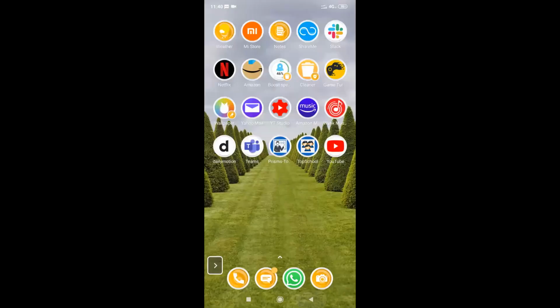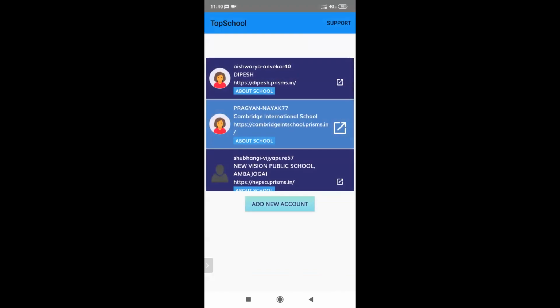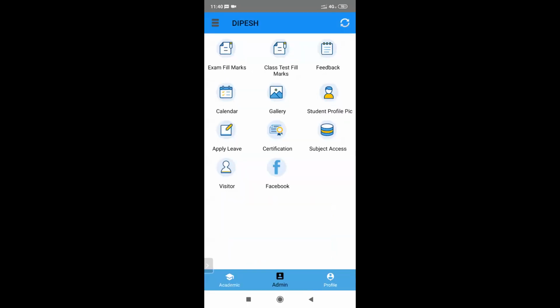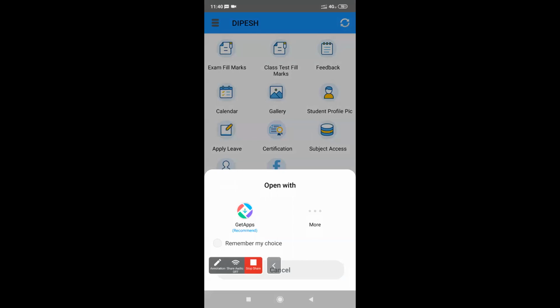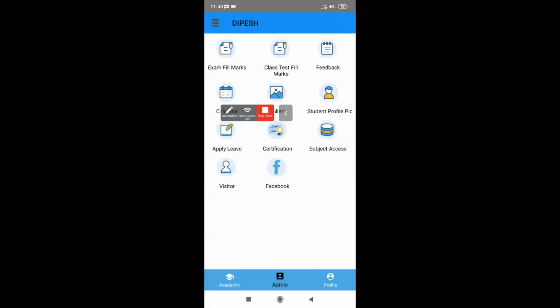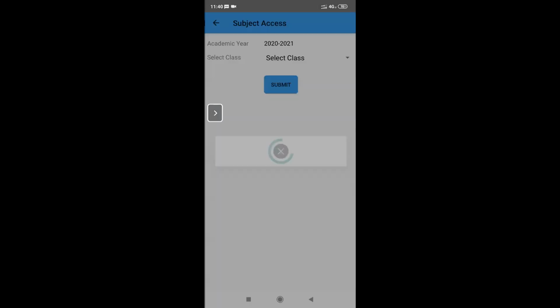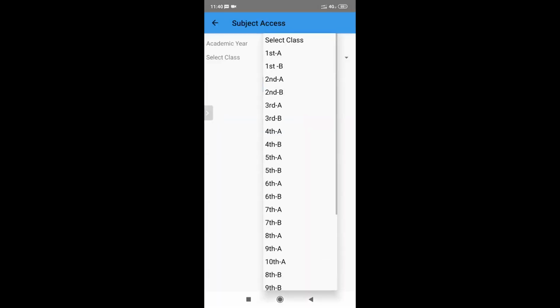So as a teacher, we are giving a new feature for teachers that whenever they log into the app, they have an option of subject access. In subject access, they can submit a request for any particular class. Let's say they are teaching a class but do not have the access to it, or they are not able to send notifications for that class.